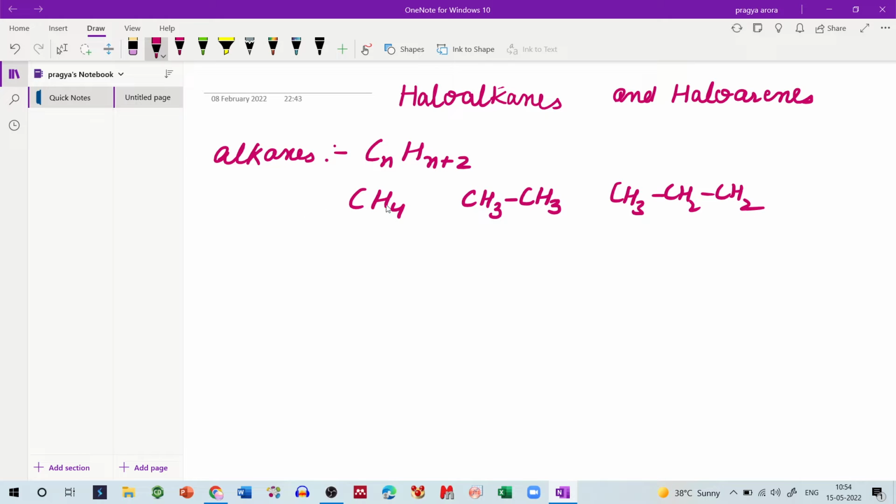So these are alkanes. Haloalkanes, on the other hand, are derived from these alkanes, like CH3Cl, where you can see that a halogen is introduced